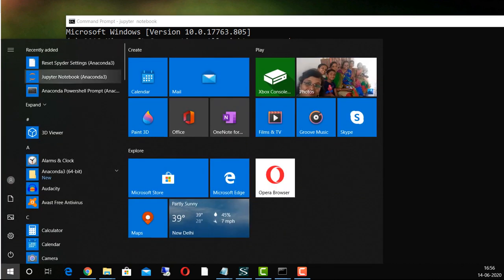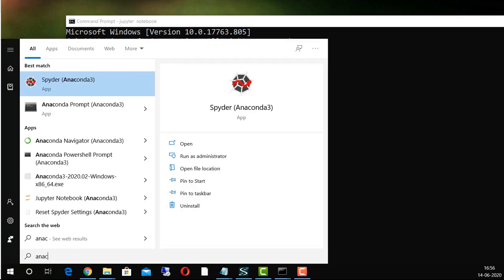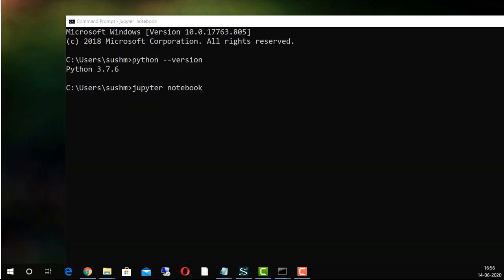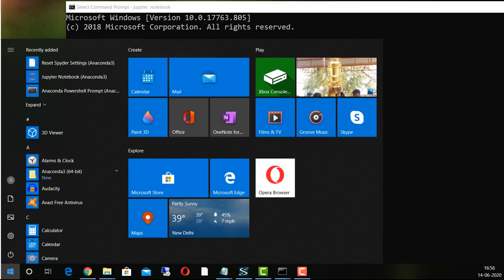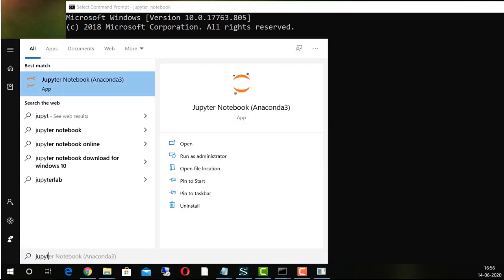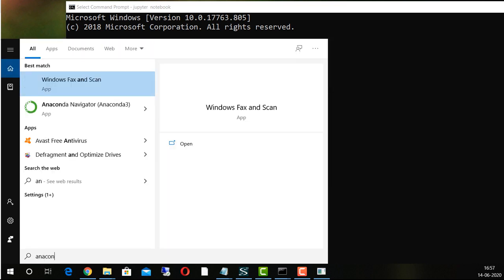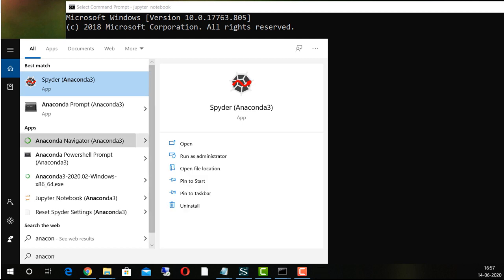Let me open Anaconda Navigator. Okay, you can see this. I will open this. So this Jupyter notebook which I'm opening, it will open a notebook for us in the browser. That is one way of opening, and another way is the one which I clicked on the start bar, and from here I searched for Jupyter. From here I can either click on this, or this as well, or I can search for Anaconda. This is the third way, or I can click on this green icon, Anaconda.